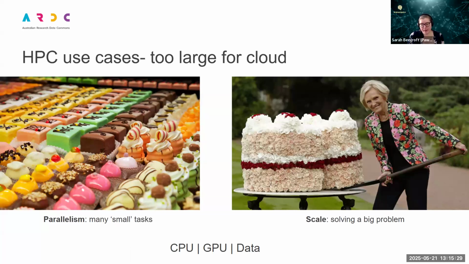But also, particularly in the biological sciences, your data set might be too large. So if you have 0.5 petabyte of data that you need to work on, it's really difficult to do things with that. And so you can do that on HPC because it has these really large scratch file systems.